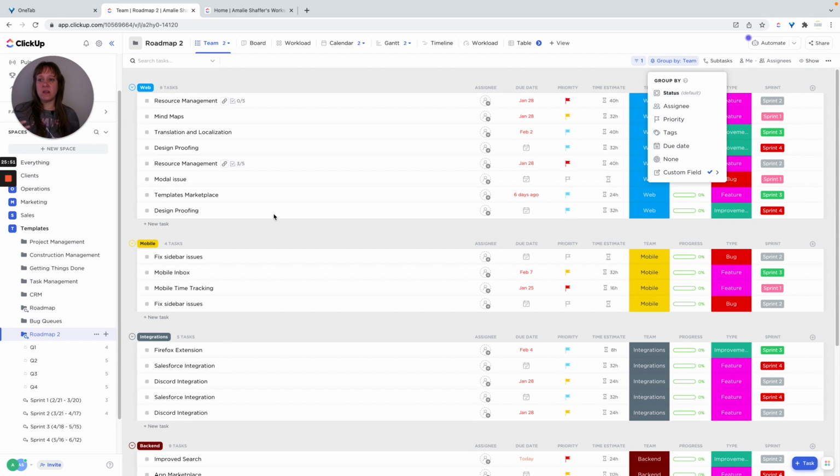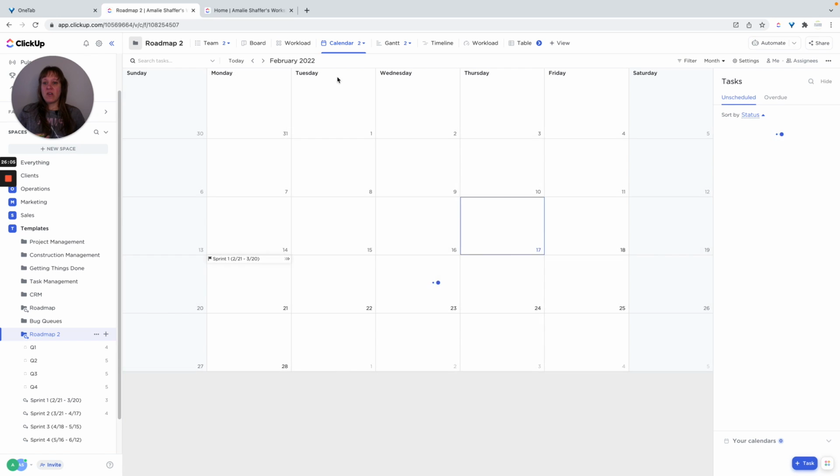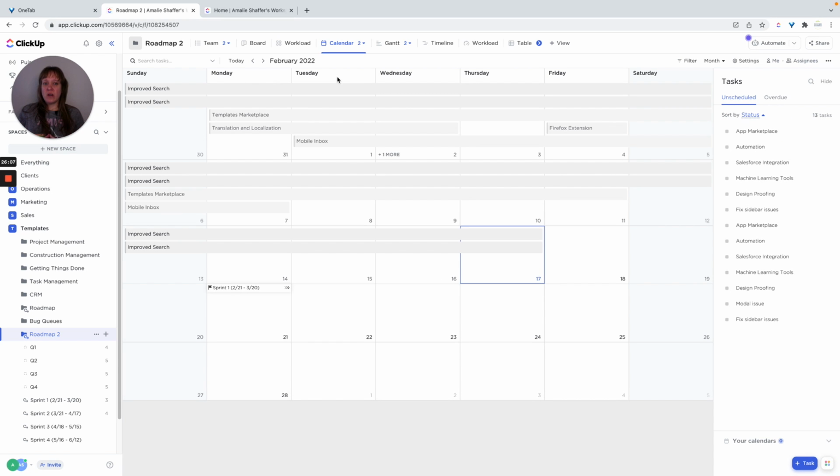You can see what each of your teams is working on, what sprint it is, and all of that. Then they also have the board, the workload, and a calendar view, and they have the calendar and the schedule. For the calendar, I would probably use it more for just seeing what we have going on all together. And then the schedule view, so if we click on that,